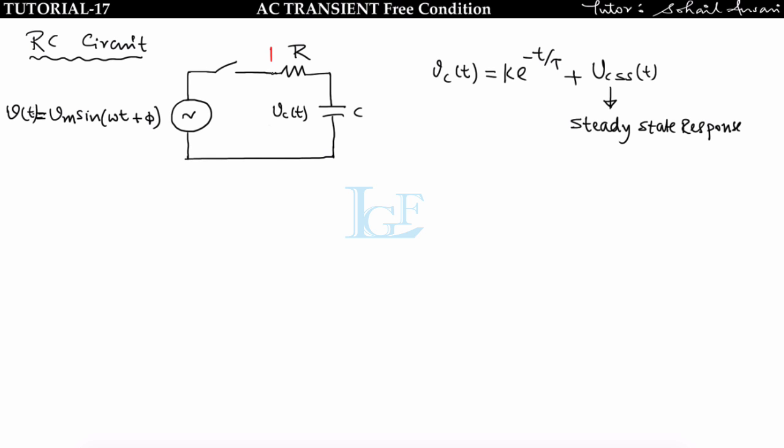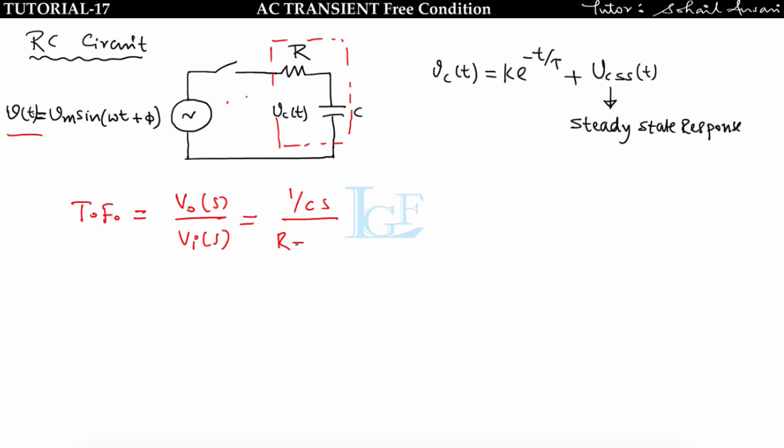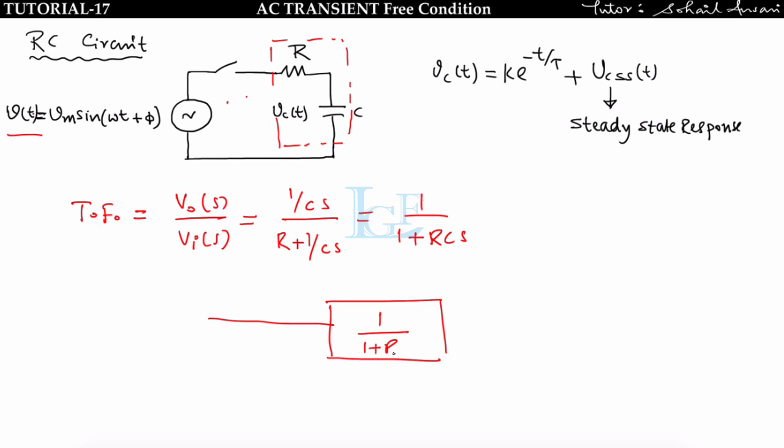We can replace this RC circuit by one block having a transfer function equal to V naught of S upon Vi of S. Okay, so first find the transfer function of this block. Transfer function is equal to V naught of S upon Vi of S, that is equal to 1 upon Cs upon R plus 1 upon Cs. So this will be 1 by 1 plus RCS. Now we replace the whole circuit by one block having transfer function 1 by 1 plus RCS, and we will find the response